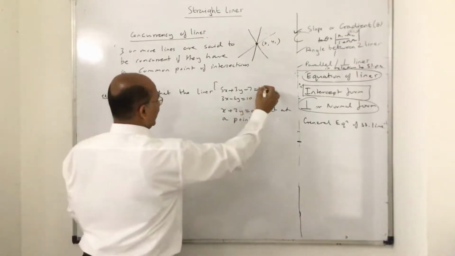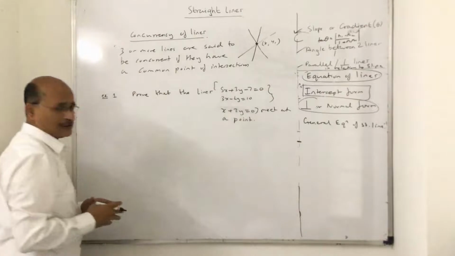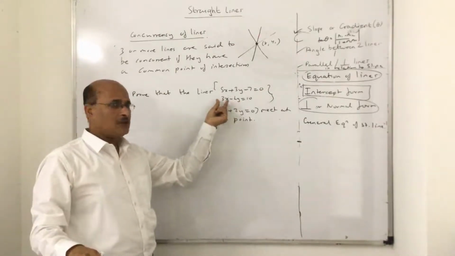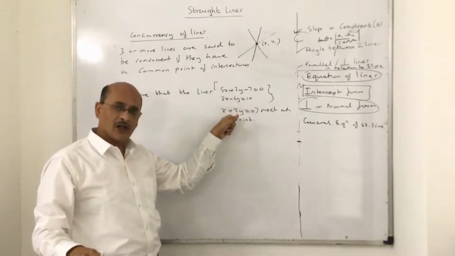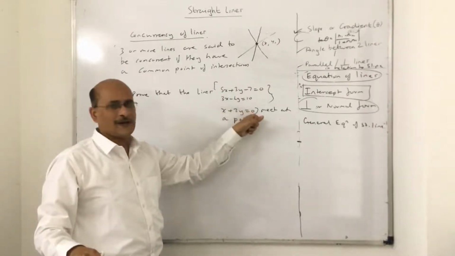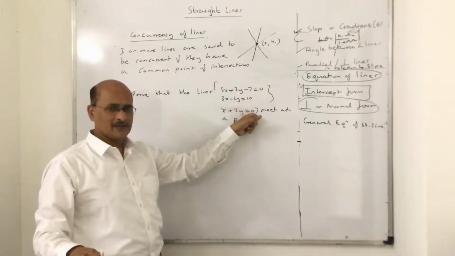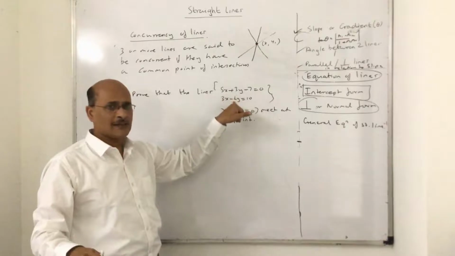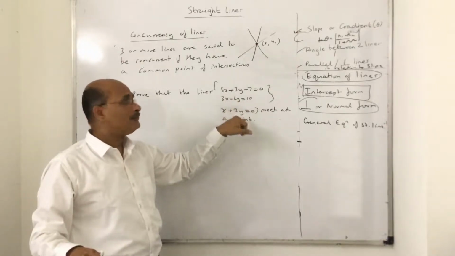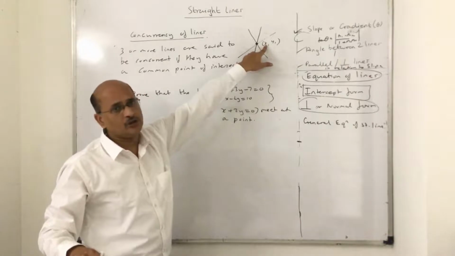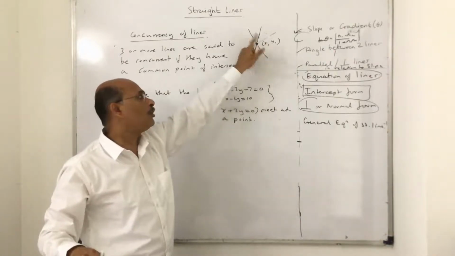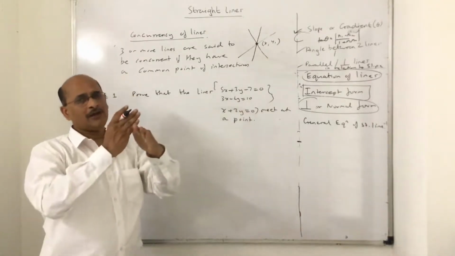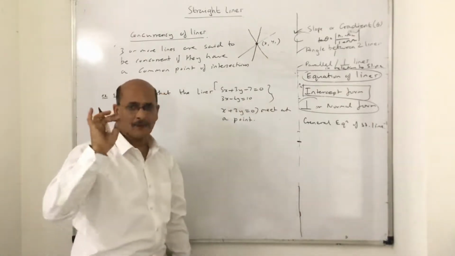So what we do, in normal terms, is solve the first two equations simultaneously. Whatever x and y values you get, take them and put them in the third equation. If it satisfies, if LHS becomes equal to RHS, that means x, y is the solution for these two lines, which we solved simultaneously, and the third line also. That means x and y is the common point for all three lines. So if it is a common point, that is the point of intersection. That means all three lines are intersecting at a particular point.